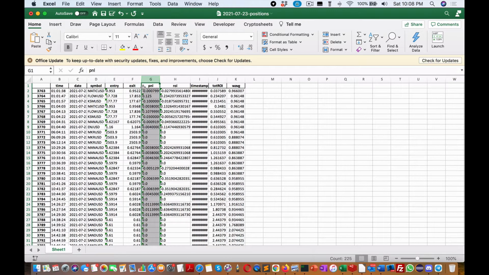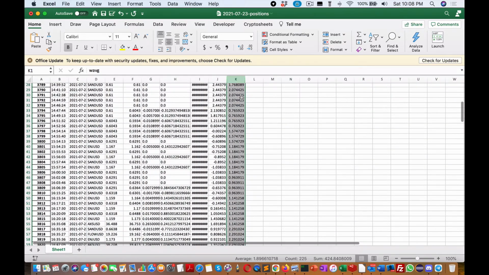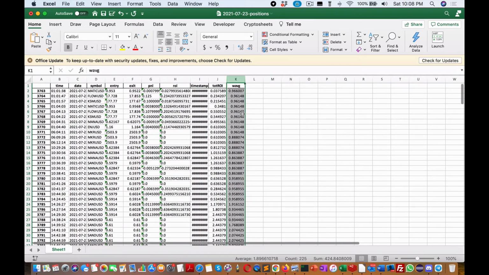Calculate the P&L between the two. So obviously you want the exit to be higher than the entry. We can calculate an ROI based upon the P&L against the entry price. Of course we factor in commission for that as well. And then there are a couple of other metrics that we can use. I like to track the weighted average of the digital asset class of the top 13 biggest movers, or top 13 largest